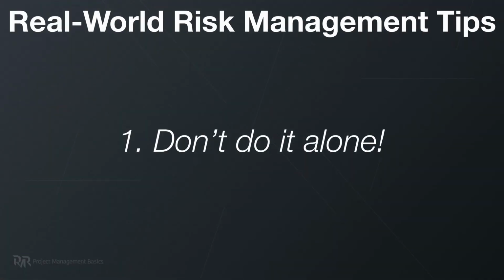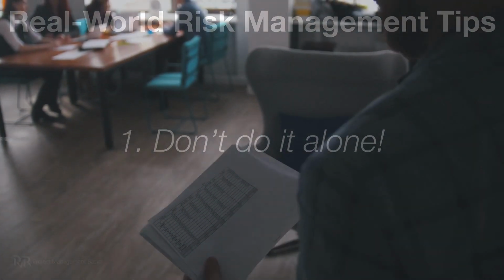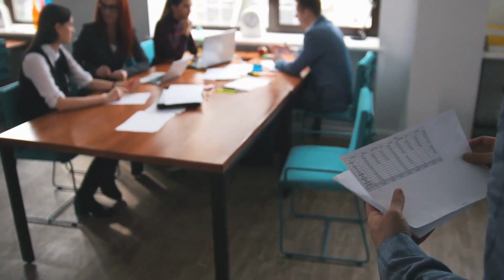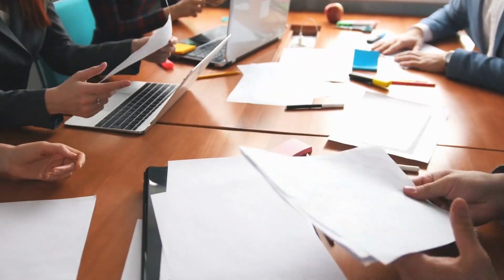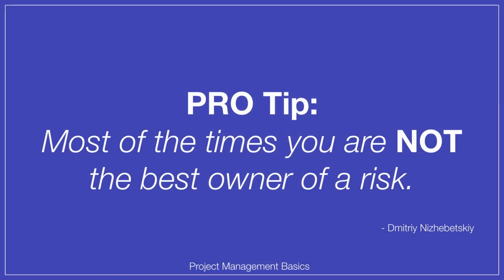And here I also have several important tips for you from real-life project management. First of all, you don't do risk management on your own. At some point you need to start delegating specific risks to specific people on your team or to the stakeholders. Why? Because you as a project manager are an expert in risk management and project management as a process, as workflow. But you might not have all the industry-specific knowledge or technical knowledge to tackle the risk efficiently. Most of the time you are not the most suitable person to tackle the risk.